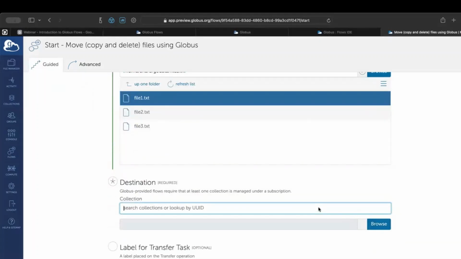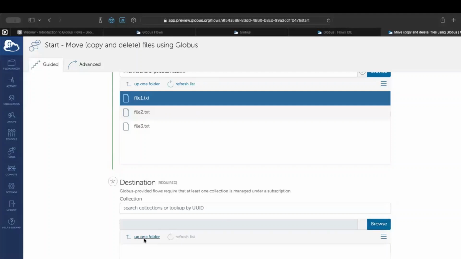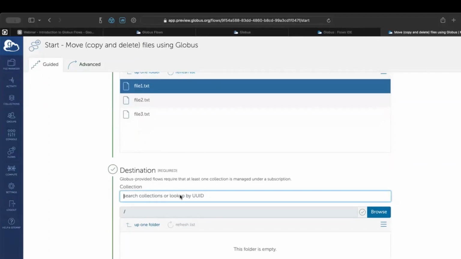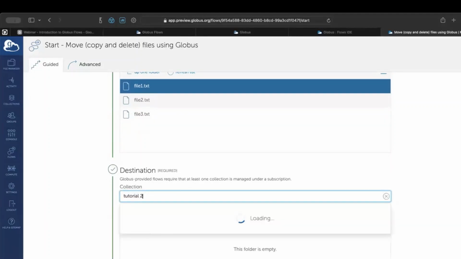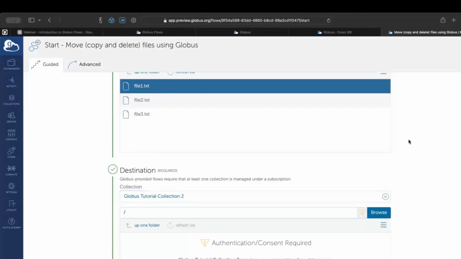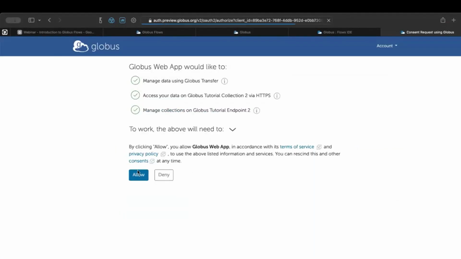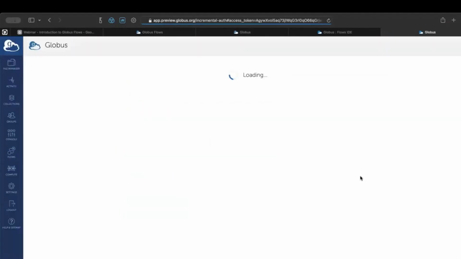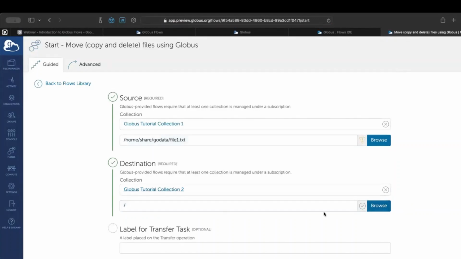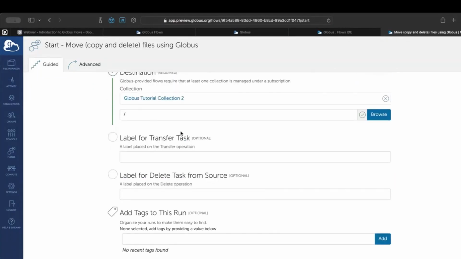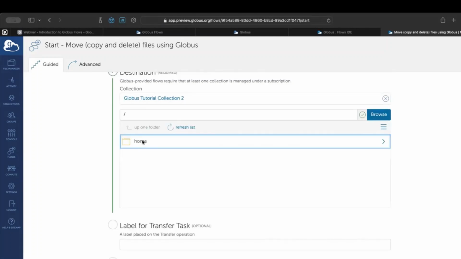And then next up, we will go to, let's do tutorial 2. I'll allow it to access that. And I'll have it add it to my home directory in here. We can go ahead and